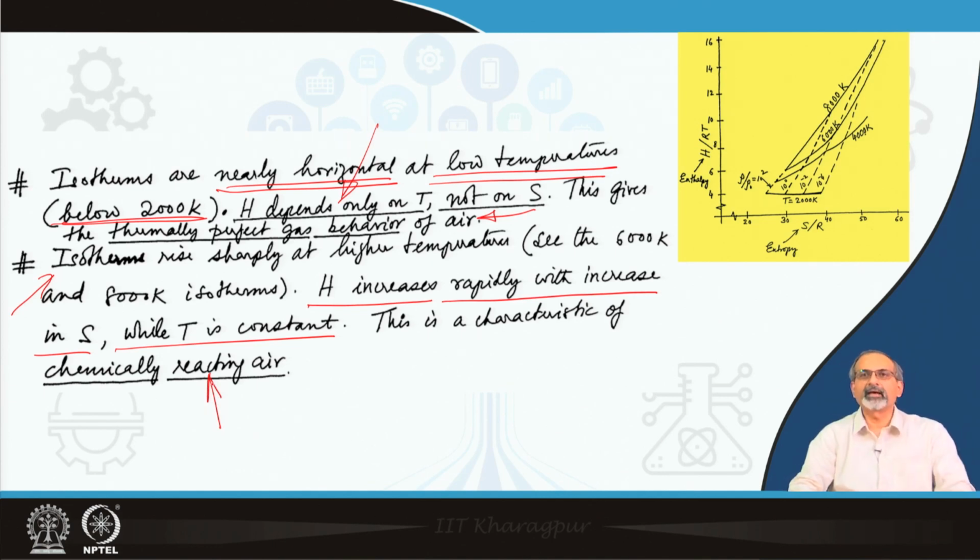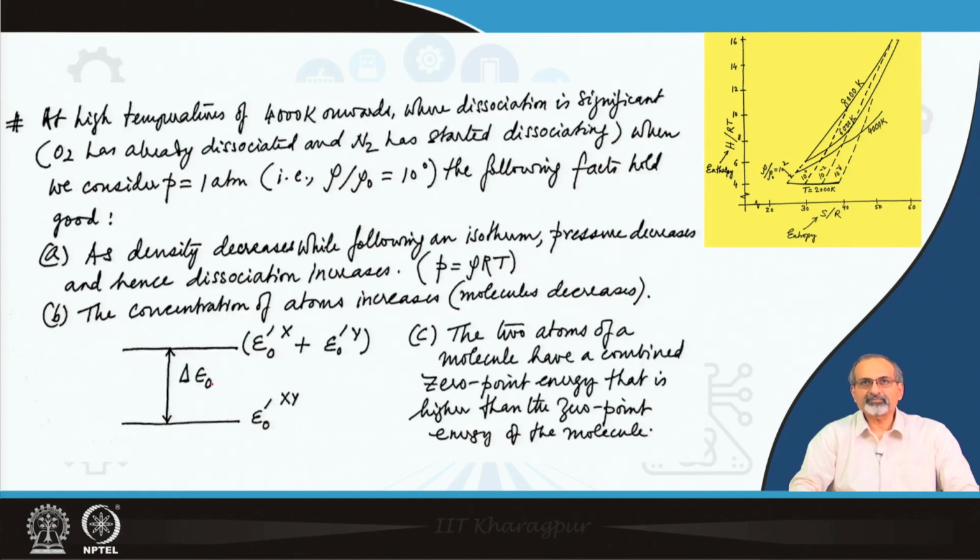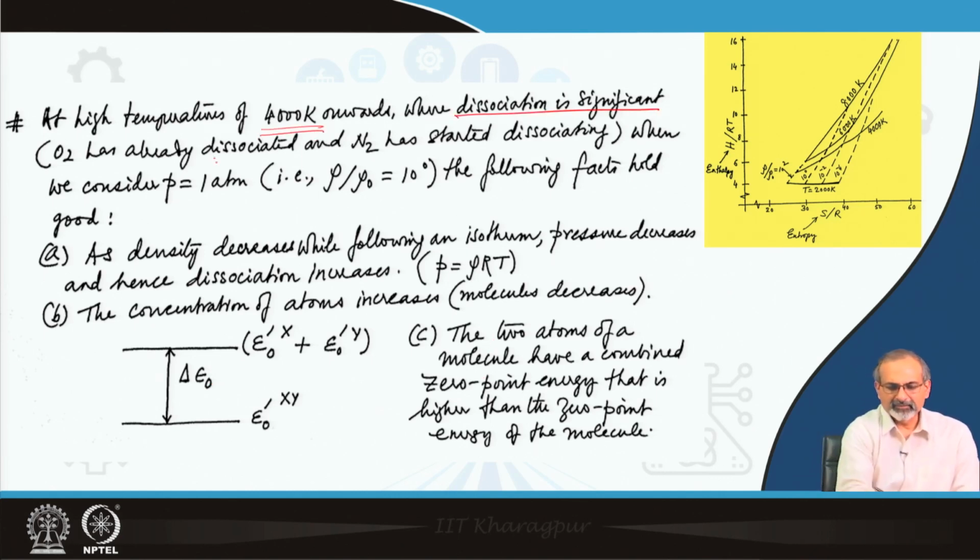For example, in air, as the temperature increases at 1 atm pressure, we know the relevant temperature ranges which are important for us for dissociation of O2 and N2. Like that, as density changes and it reduces below 1 atm, such dissociations can occur at still lower temperatures. Keeping all this in mind, let us proceed with the discussion. At high temperatures of 4000 Kelvin onwards, dissociation is significant, and if we consider 1 atm pressure, O2 has already dissociated, N2 has started dissociating,